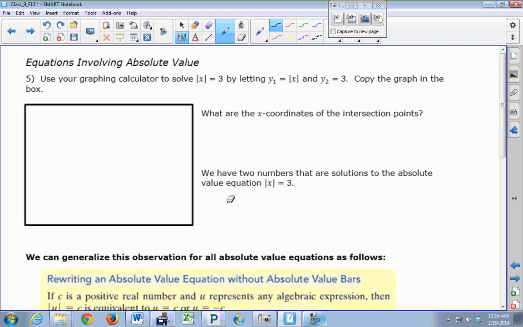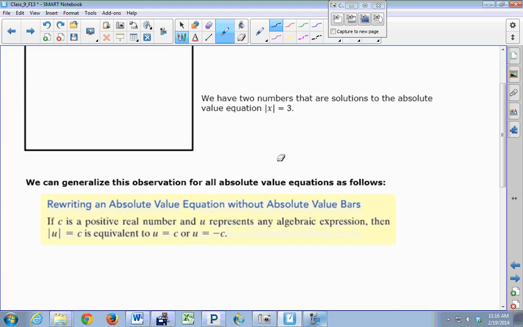Okay, so let's see what's coming up next. Okay, absolute value equations. And I think I'm just going to skip this first part and take you into the more difficult ones, just because I'm looking at the time and I want to make sure you have plenty of time to get to your group activity today. But I think that if you look at the absolute value of x equals 3, and we don't do it with a graphing calculator, if I gave you this equation to solve,